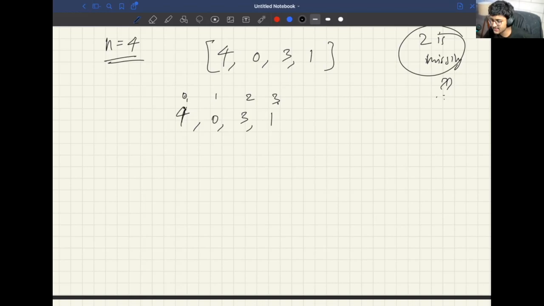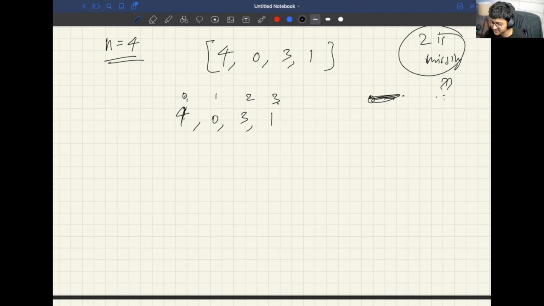Is 4 at the correct index? It's going to be like, no, it's not. How do we do this thing? We might need to change something. We would have to ignore 4. Okay, ignore 4, because we cannot put this in the array, because we are actually taking from 0 to, you understand, right? I cannot put 4 in this array because index 4 does not exist. So I'm just going to ignore this.